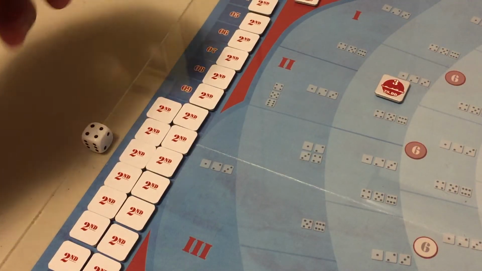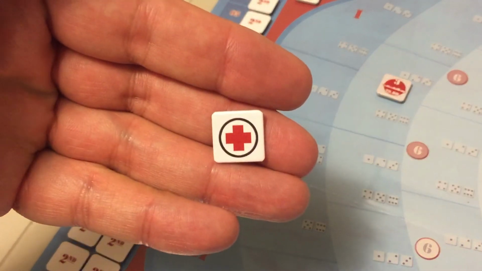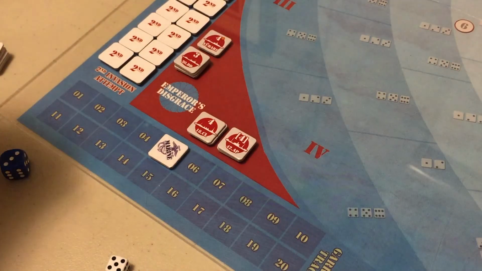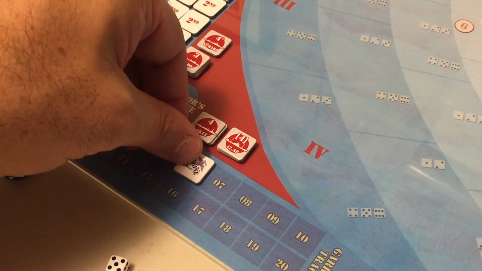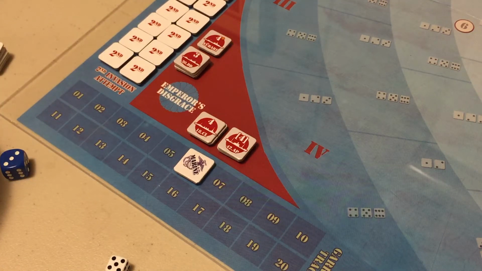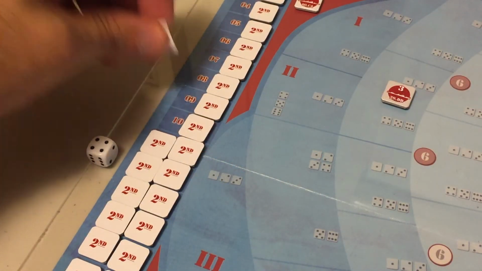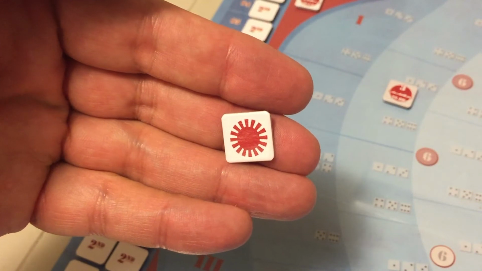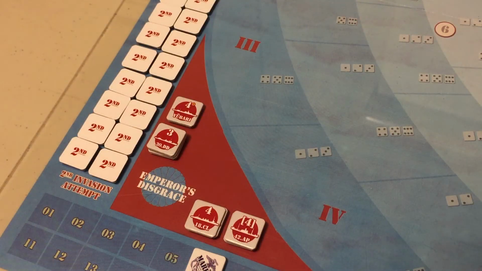We flip the first counter, and it's a health counter. And we discard it immediately to recover 1 level on the garrison track, and we are now at 6. Now we take the second counter and another banzai marker. So now we choose, and